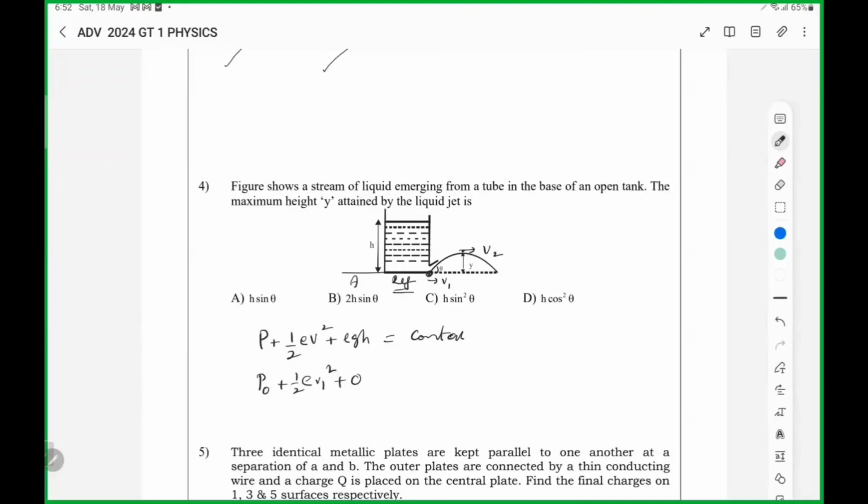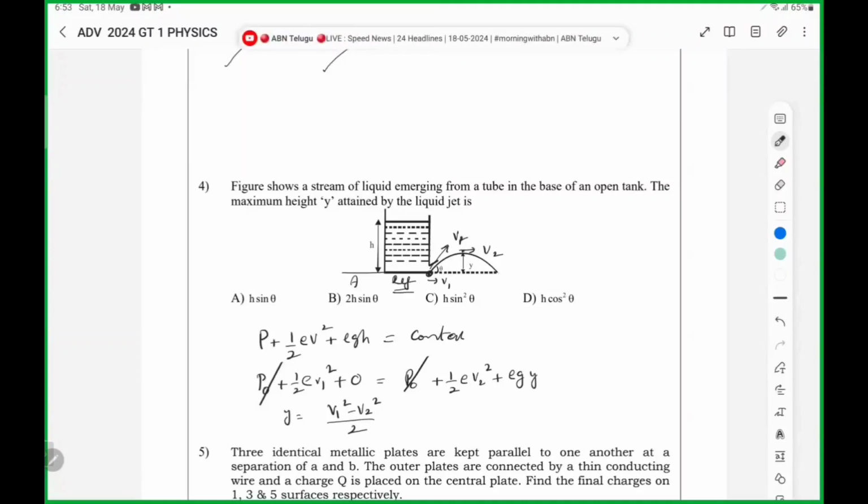Initially the reference level is 0: P naught plus half rho V2 square plus rho g Y. So this gets cancelled. So Y will be V1 square minus V2 square by 2g. Once it rises, at this point its velocity is only V1